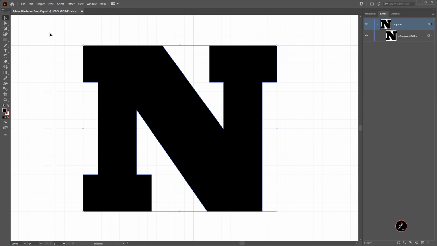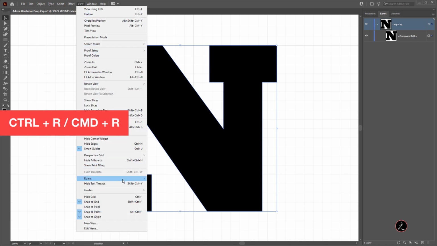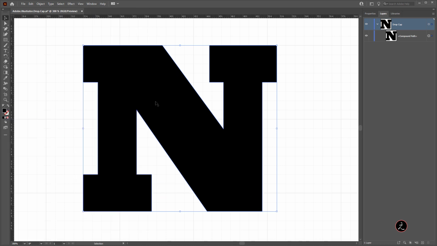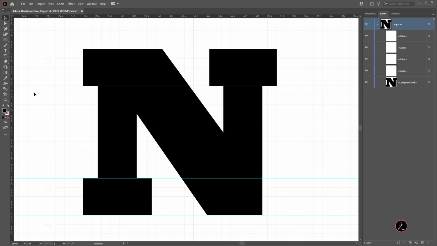Okay. So for that, we need to have the rulers. So go up to the View menu and access the rulers. There we go. And then I will click and drag to create the first horizontal guide here. This is going to snap, because we have snapped the grid. Another one there. Another one here. And there. See that? Great.